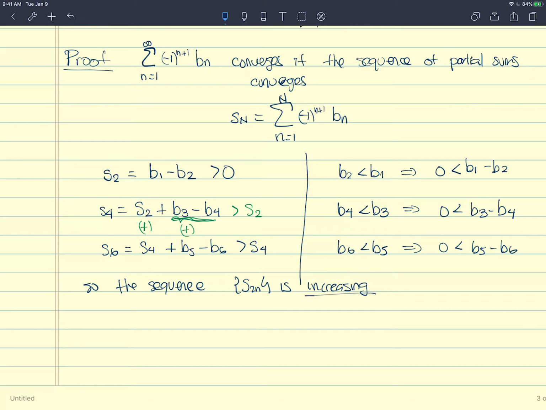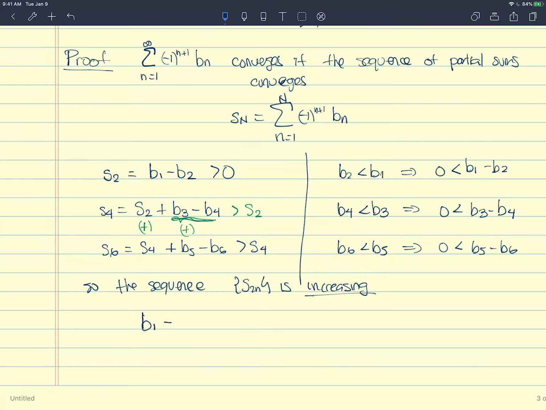Now, how are we going to prove that the sequence is convergent? We know, if you remember from a few chapters ago, that if the sequence is increasing and bounded, then it's convergent. Now, how can we find that it's bounded? Well, I need to check that the sequence is bounded, okay? So this is pretty simple. Look,